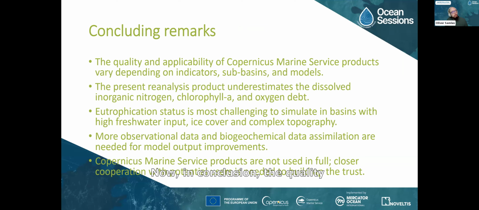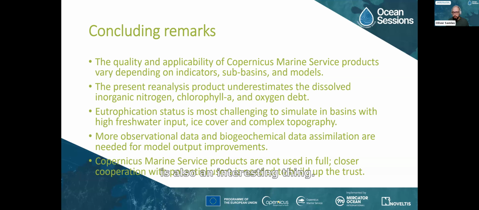Now, in conclusion, the quality and applicability of Copernicus Marine Service products vary depending on the indicators, subbasins, and models. The present reanalysis product underestimates dissolved inorganic nitrogen, chlorophyll a, and oxygen depth. The eutrophication status is most challenging to simulate in basins with high freshwater input, ice cover, and complex topography. That is also the case for the same three basins to the east and to the north, especially again the Gulf of Bothnia. And we think that more observational data and biochemical data assimilation are needed for model output improvements,